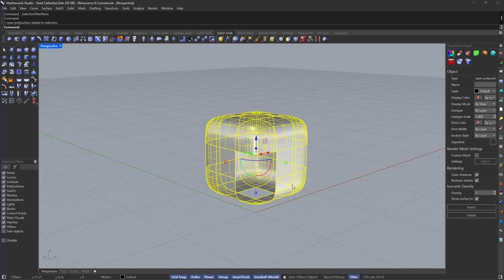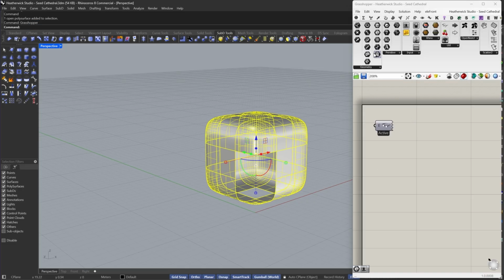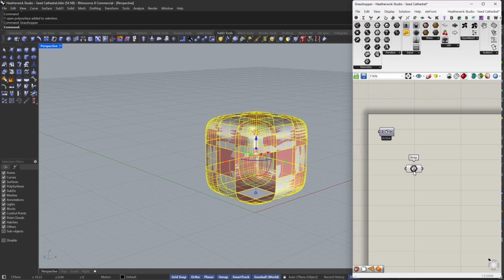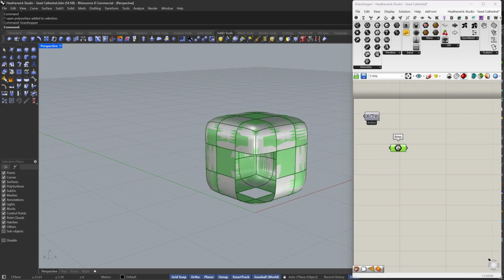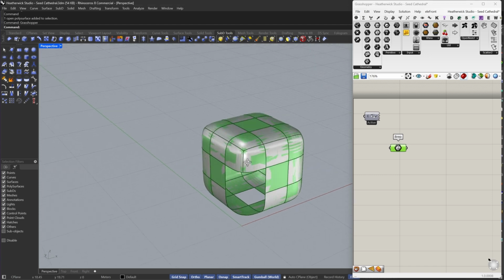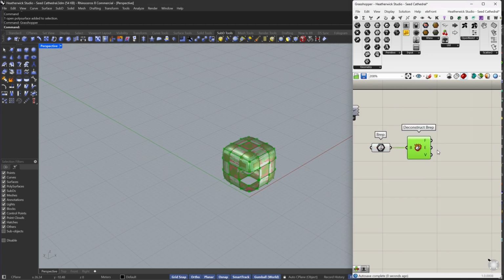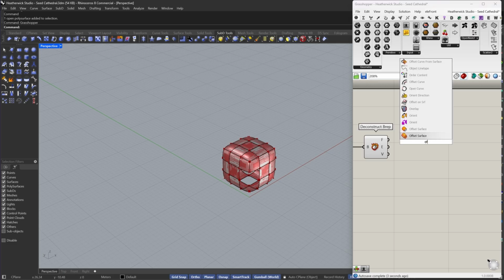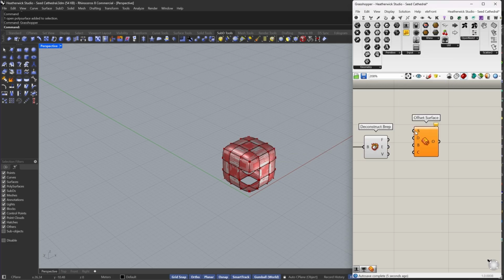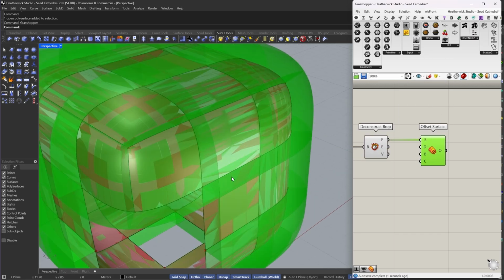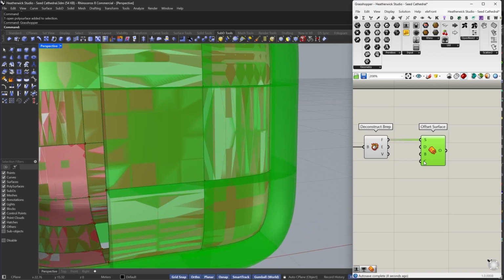So I'm going to get this, and then I'm going to go to Grasshopper, and I'm going to bring this as a BREP in here somewhere. So I'm going to grab this and then set one BREP, and after that I'm going to simply just offset all of these surfaces. But before that, of course, we need to deconstruct the BREP itself, and then I'm going to offset the surface,